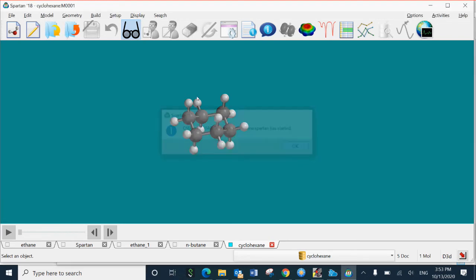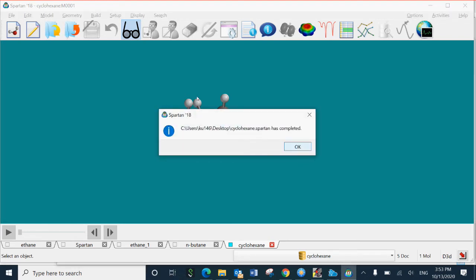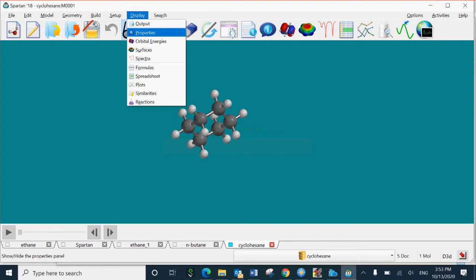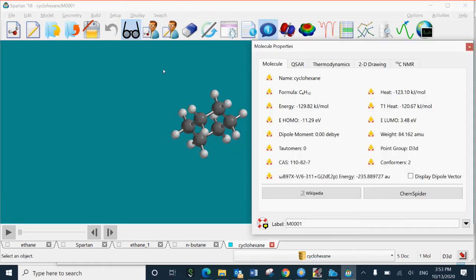So the calculation started. Completed, and go to display properties. You will get the strain energy of cyclohexane.